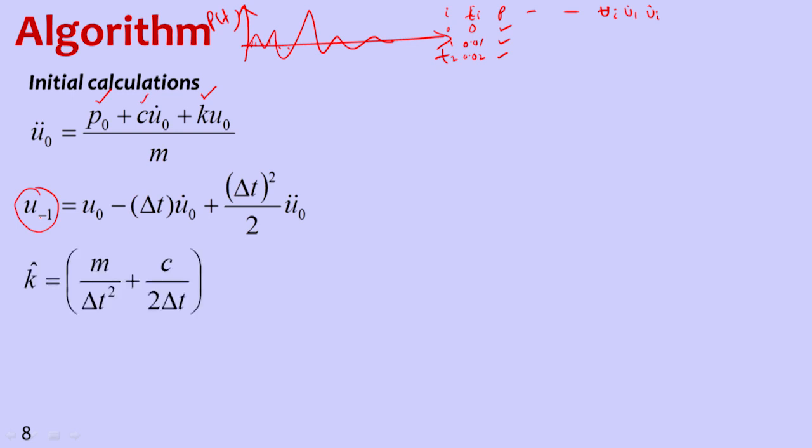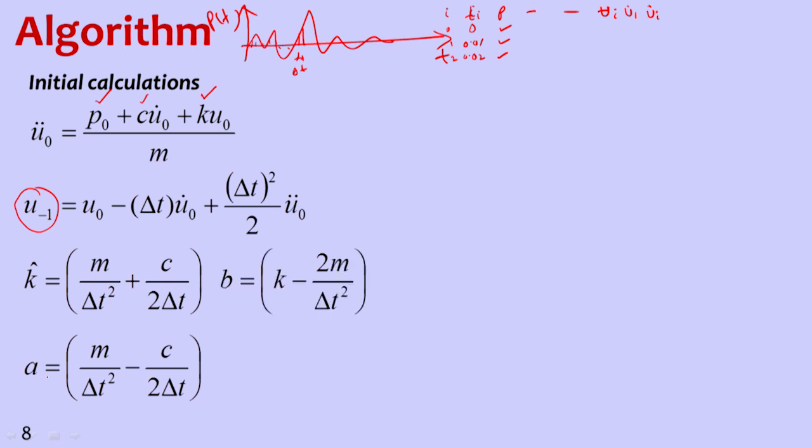Then we find k, m by delta t square, c by 2 delta t. Delta t is this time interval. It can be fixed, though it need not be a fixed value at every time, but for convenience we fix it. And then a is this, b is this value, which is a further simplification,